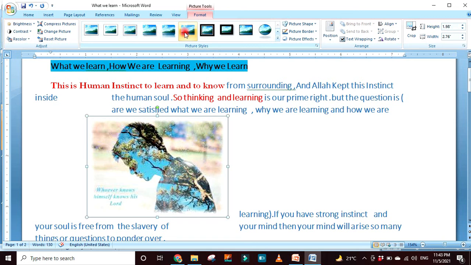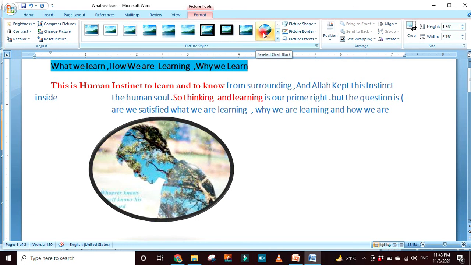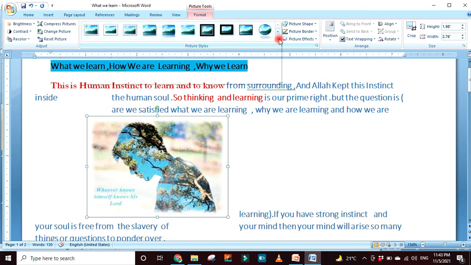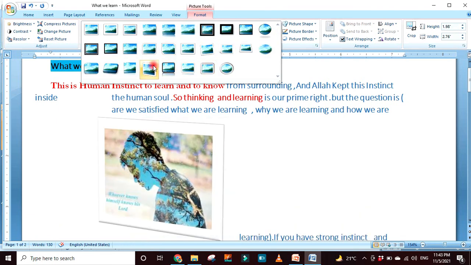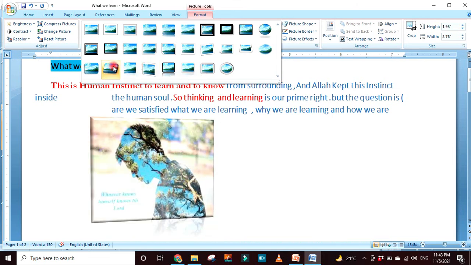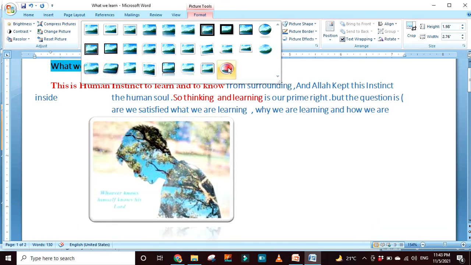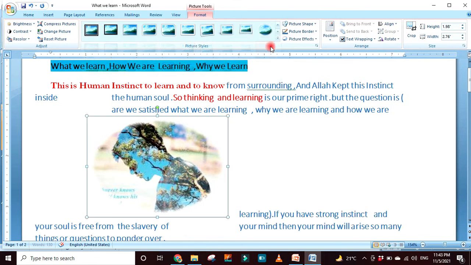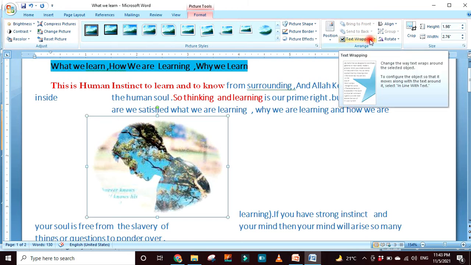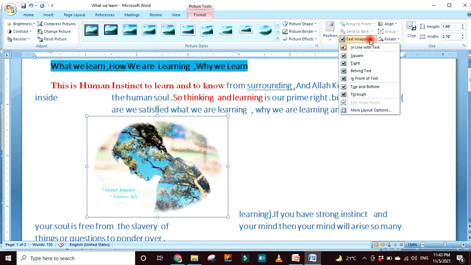और इसके बाद अगर मुझे सर्कल में चाहिए तो ये हो जाएगा। इसके अलावा आई हैव मैनी अदर शेप्स, ये भी शेप है मेरे पास, यहाँ से भी है, यहाँ से भी है, ये वाली एंड दिस वन एज। तो मुझे अगर चूज़ करनी है इनमें से, और ये सर्कल में भी है, लाइक इस तरह से अगर मैं करती हूँ तो ये वाली पिक्चर ऐसे आ जाएगी। अब यहाँ टेक्स्ट रैपिंग की ऑप्शन फ़ौरन से डिस्प्ले हो जाती है आपके सामने व्हेन यू इंसर्ट द पिक्चर। यहाँ बहुत सारी चीज़ें आती हैं आपके पास, ये देखिए इस तरह से स्क्वायर में आ गई आपके पास पिक्चर।